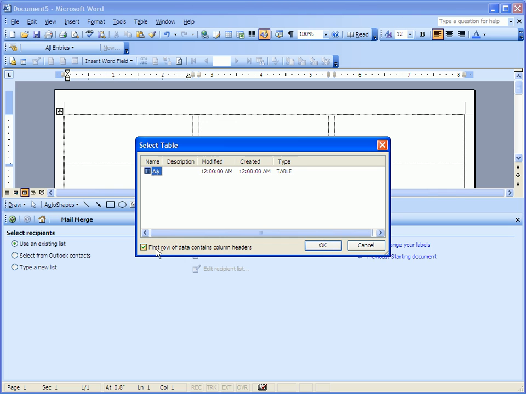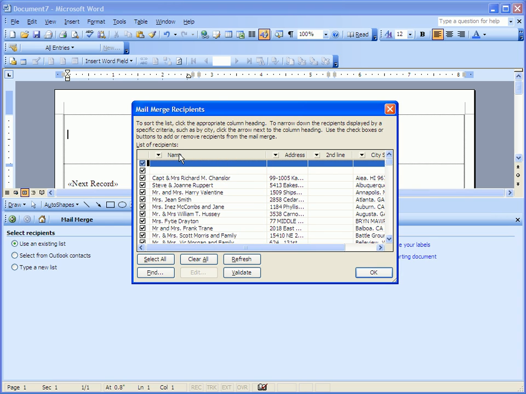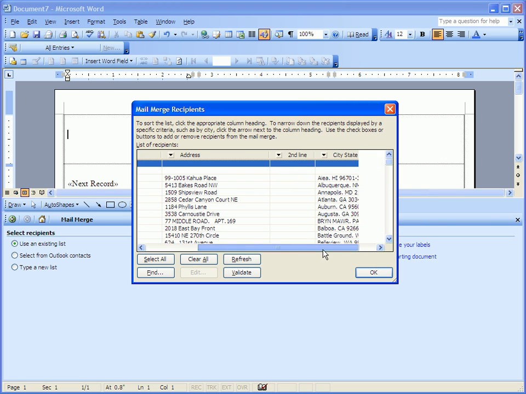And notice this checkbox. It says first row of data contains column headers. That is checked because I put column headers up there: name, second line, address, and city, state, zip. And now I can click OK, and Mail Merge will pull up all the recipients from my spreadsheet. And if I widen out these columns so that I can see them all,